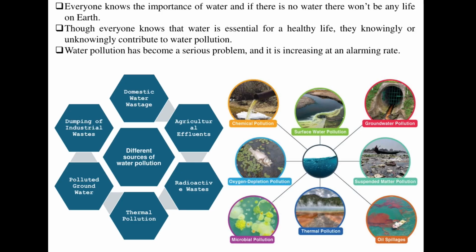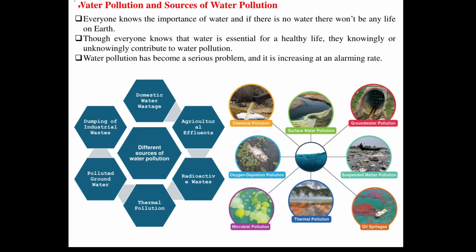Now, here we will discuss water pollution and the sources of water pollution. We have different sources from where these pollutants come. We have domestic releases. We have contaminants coming from the chemical industries. The groundwater pollutants are there. Oil spillages are there. Like we know the nuclear wastages released to the water bodies, and thermal pollution is